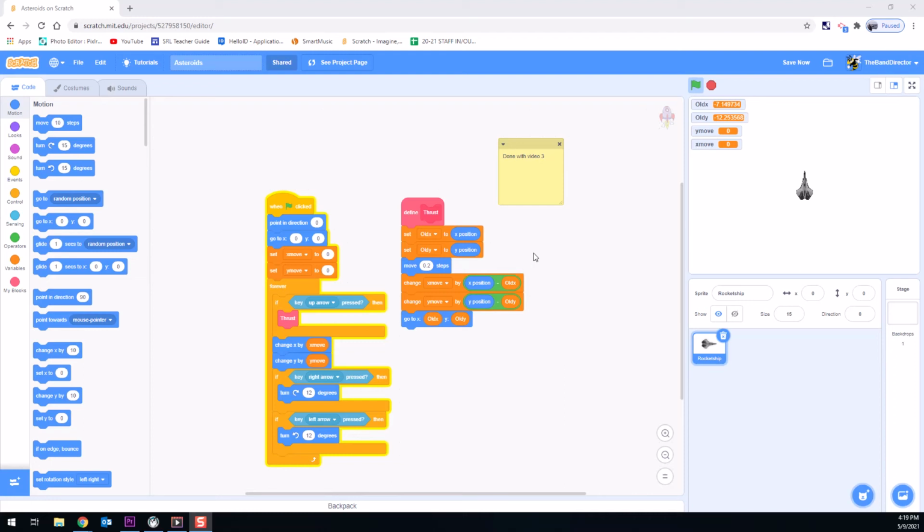All right, welcome to video 4 of creating asteroids. Last video, we created our physics engine. This video, what we'd like to do is fix a major problem, and that is when we hit the green